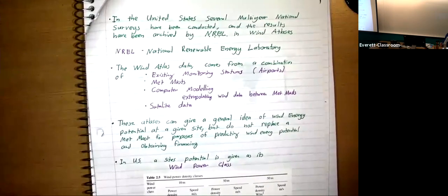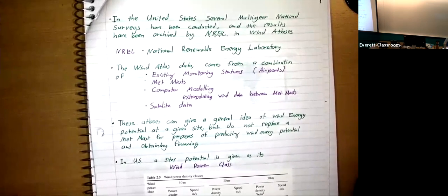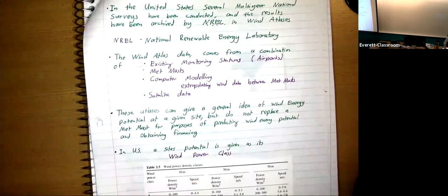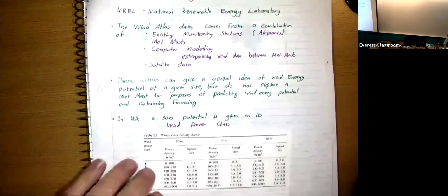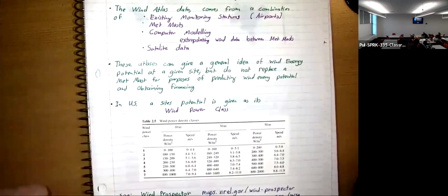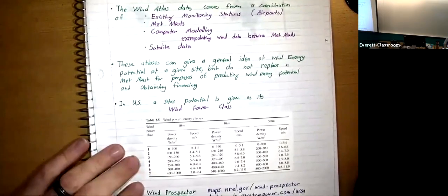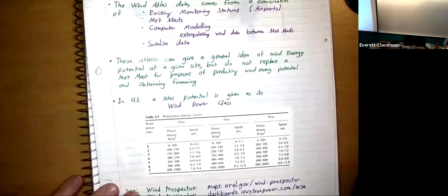These atlases give you a general idea of the wind energy potential on given sites, but they're not the end of your journey, they're the beginning of your journey, okay? You're probably gonna have to put up a met mast wherever you're planning to put your turbines. And I don't want to spend too much time on this figure, because we discussed it before. In the US, potential sites are given a wind power class, and this is a table from your book that describes